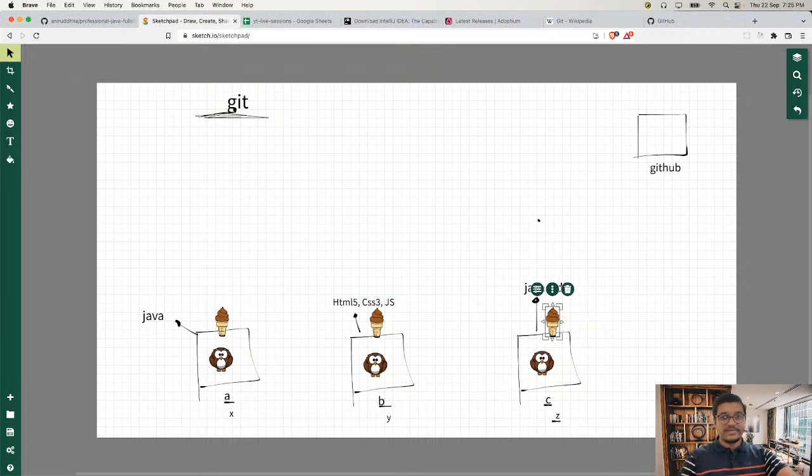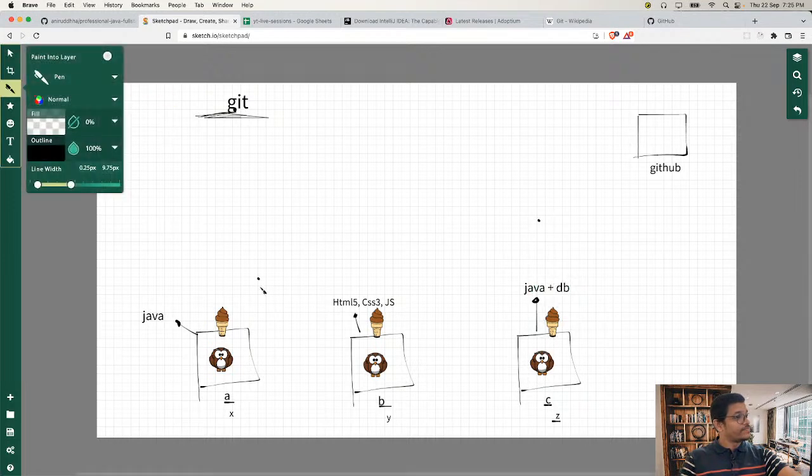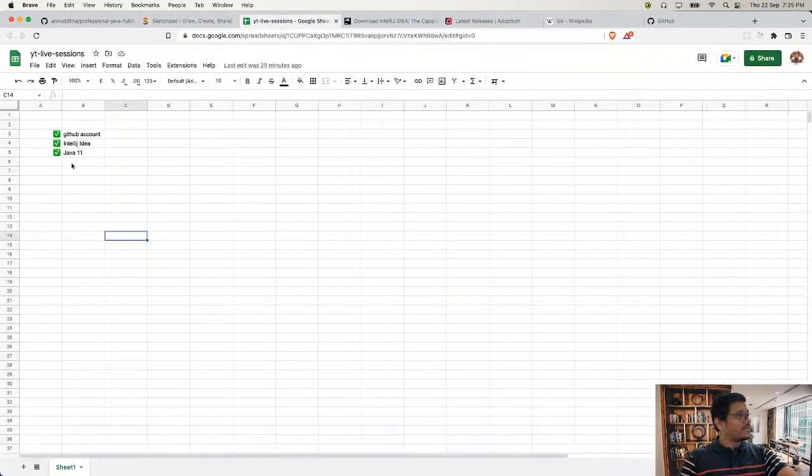A, B and C, all three developers have to install this software. We call this software the Git Client. So another thing we would be needing is the Git Client. Now if you are on a Windows machine,